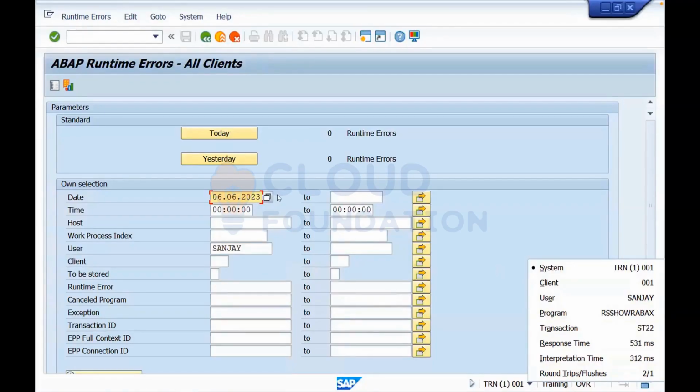Mine is 6,000 milliseconds. It means it is taking 6 seconds. Right.